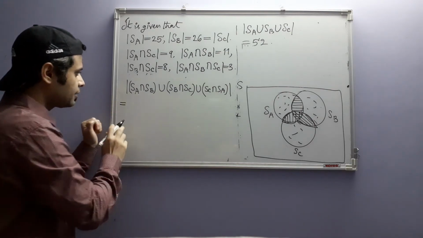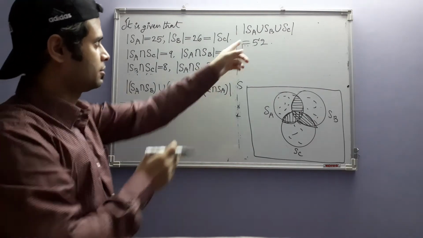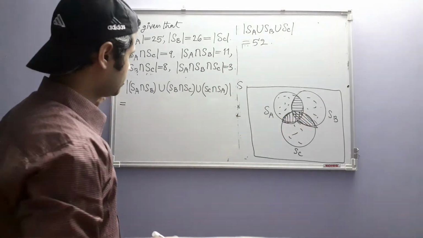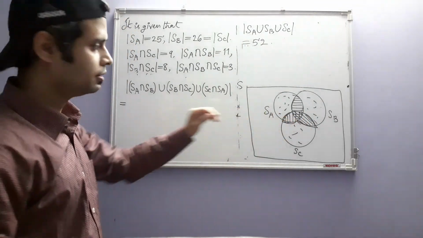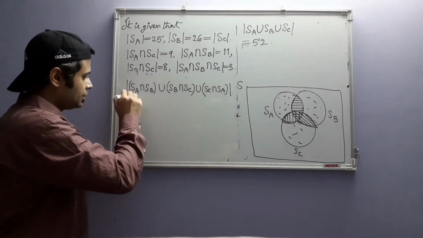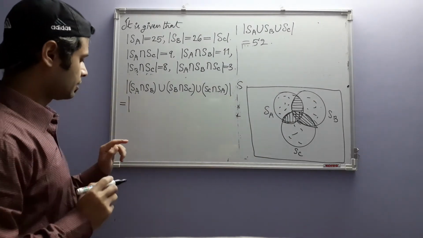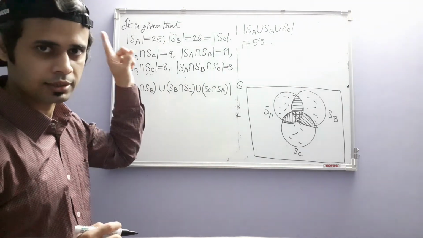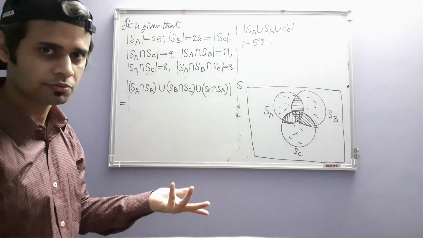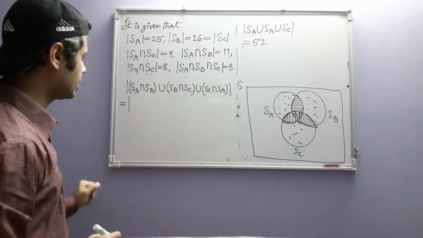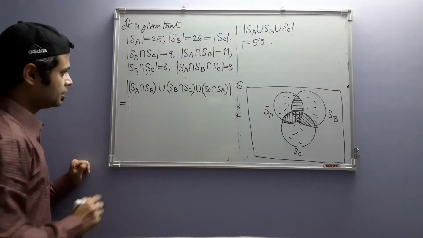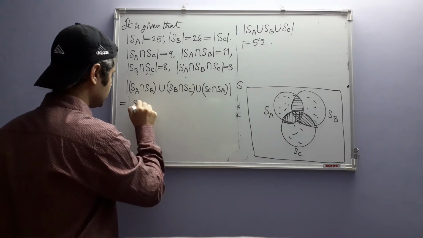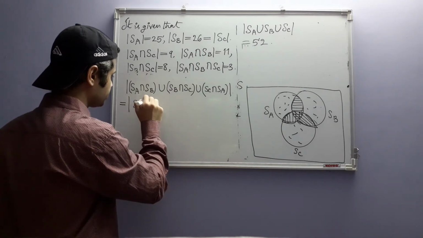Now we can apply the formula just like this one for the union of three sets, but that will be quite lengthy. Instead, can we use the set theoretic identities that we already have studied previously, for example, the distributive law, associativity, things like that? If you look at this carefully, you can write, for example,